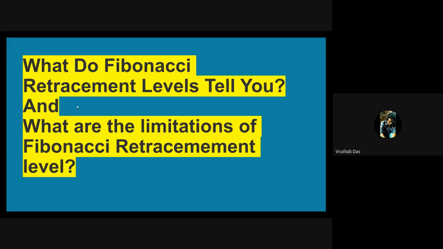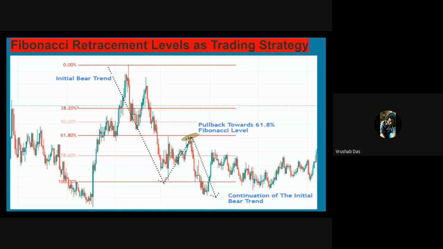For example, if a trader notices a big impulse to the downside, the trader decides to drag his Fibonacci tool from the high point of the impulse to the low point of the impulse, to the golden ratio that we talked about, 61.8%, and he decides to sell the stock or commodity there. As the price previously went down significantly, there was a high probability that the price would further move to the downside. In this scenario, Fibonacci retracement helped the trader decide where his entry order should be for the possible trend continuation.